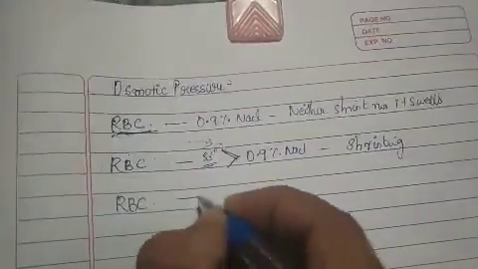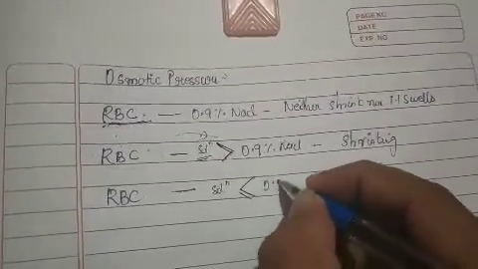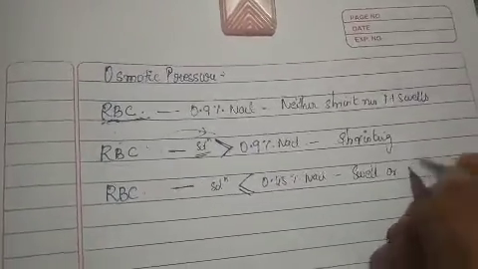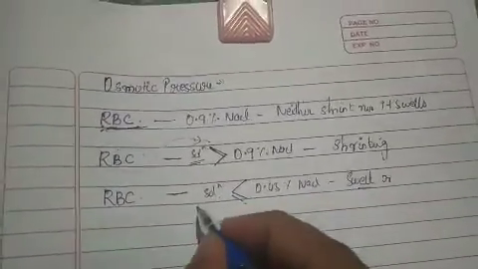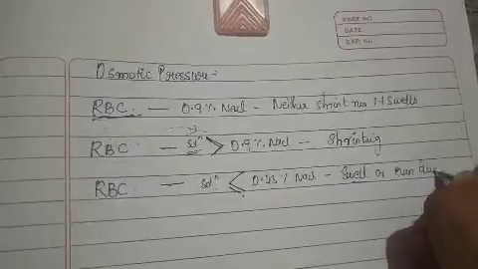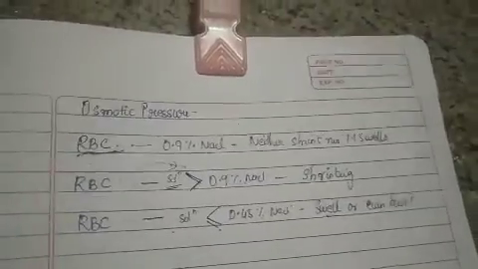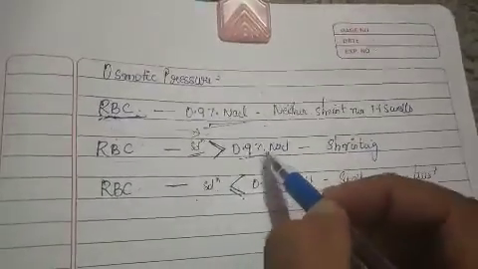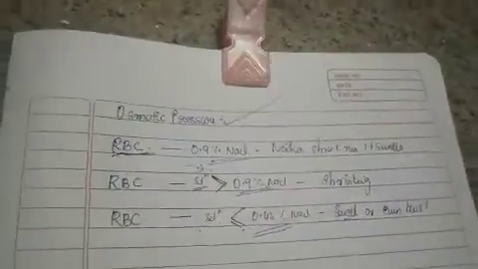When the normal RBC is placed in a solution which is less than or equal to 0.45% NaCl, we could see that my RBC will swell. When it is equal it just swells, but when it is much less than 0.5% NaCl, we could see that they can even burst out. So why am I seeing these three different types of observation? When we did thorough research, we were able to say that all these three conditions result in different types of solution depending upon the osmotic pressure.